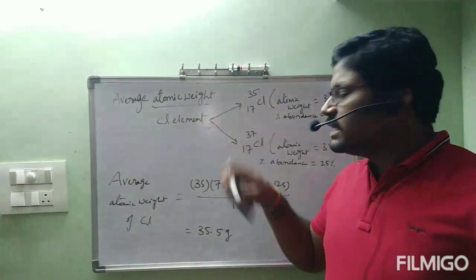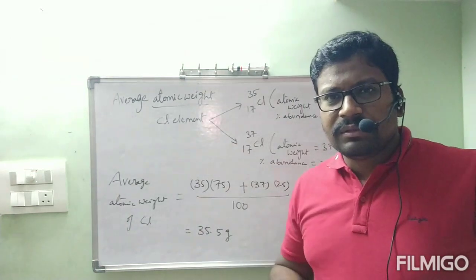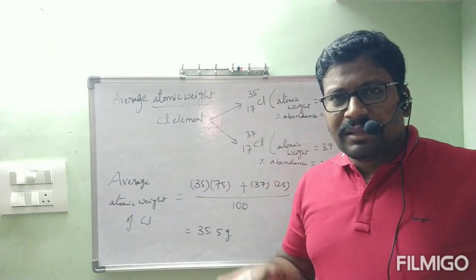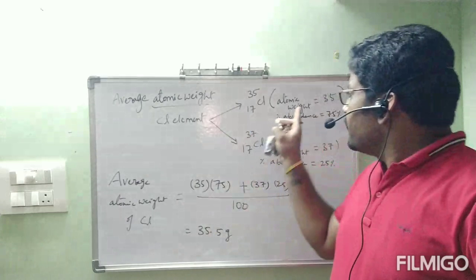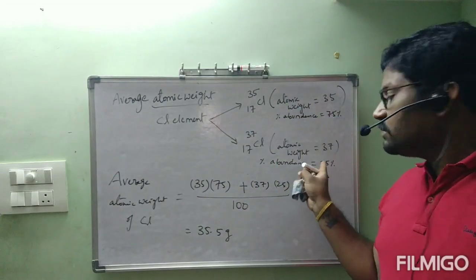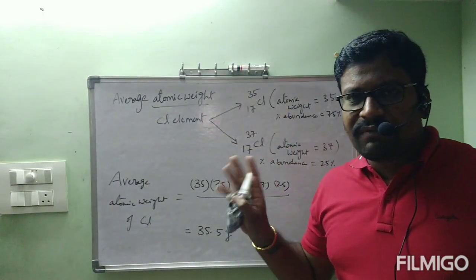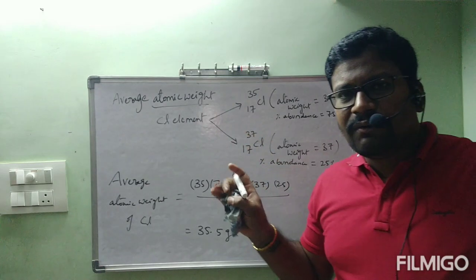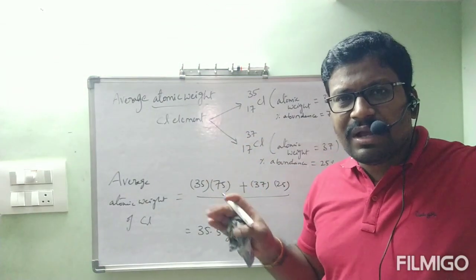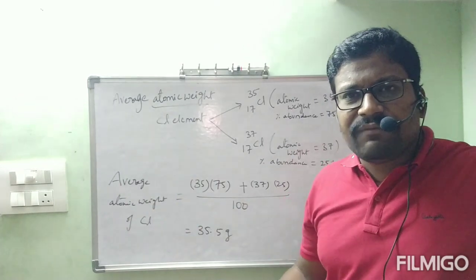35, 36, like that you will get more. That means the mean value. Are you understanding my point? The problem is here: the abundance of the first isotope is 75 and the second isotope is 25. For the remaining elements, the abundances are not 75, 25; they are like 95, 5 or 96, 4. That's why according to our calculation itself we got that.